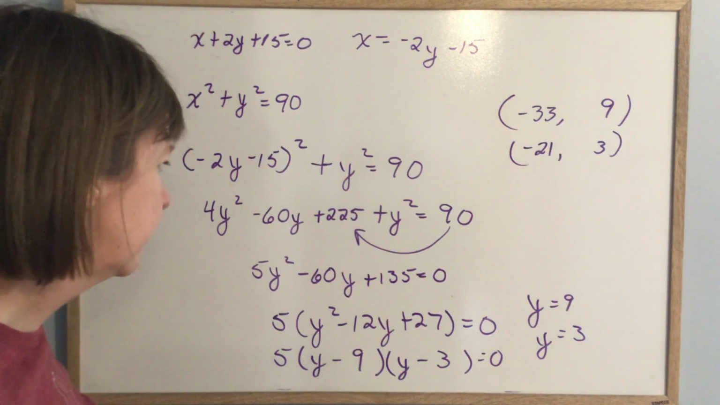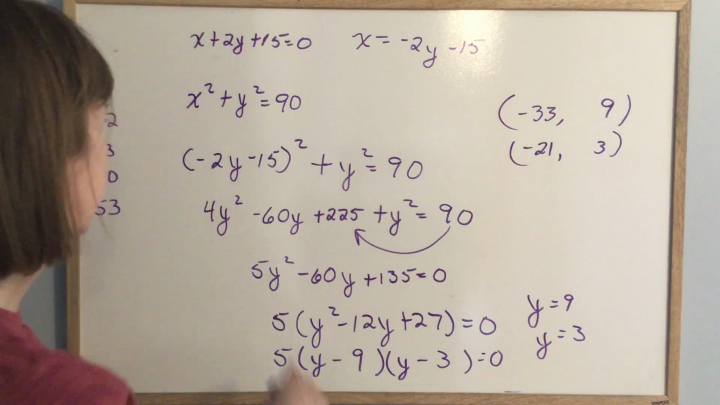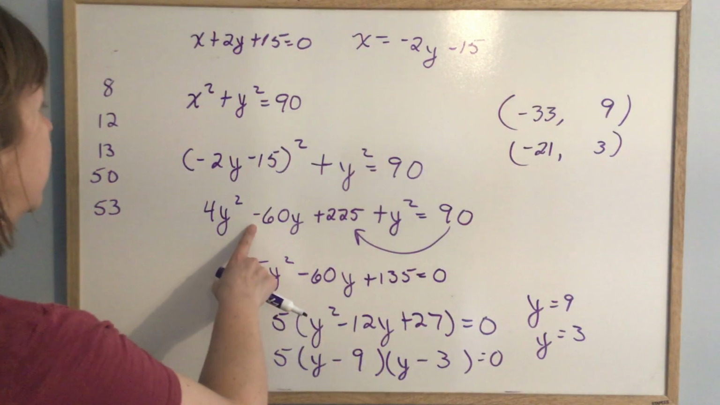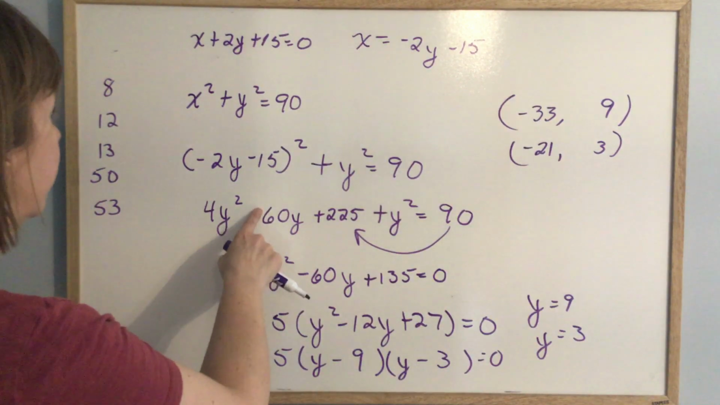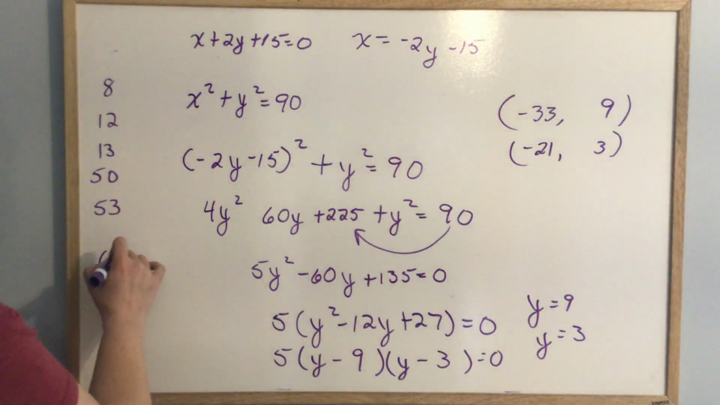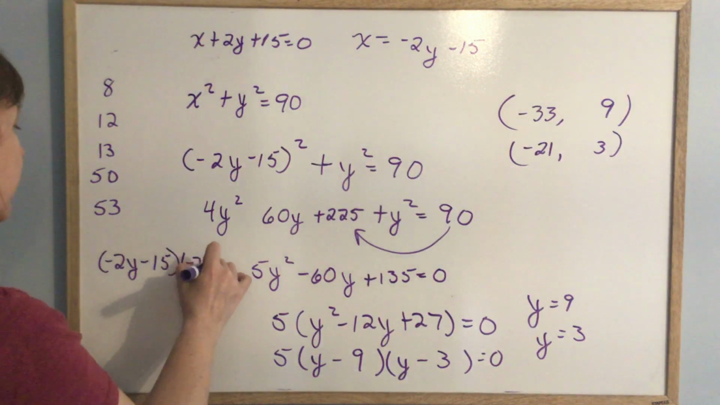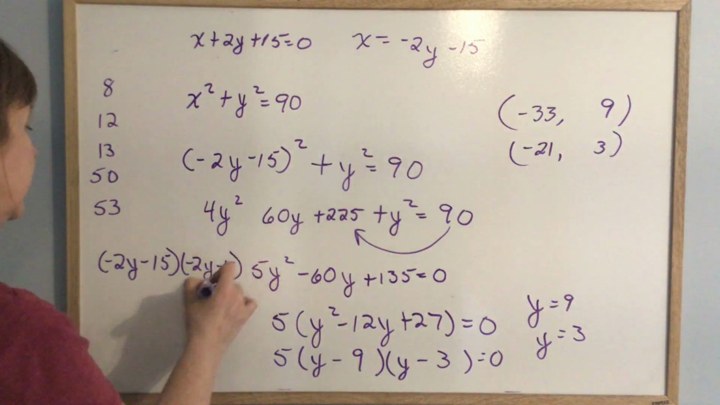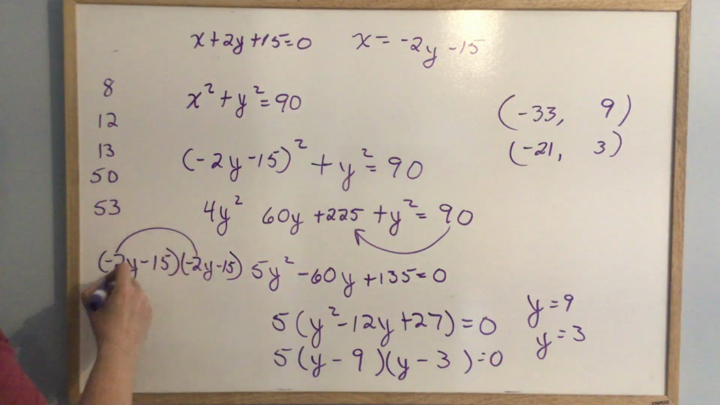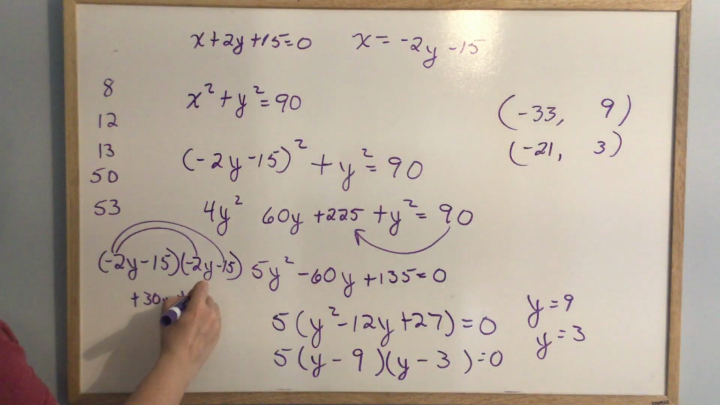But I get 9 and 3. Why am I getting 9 and 3? And not, see there, this should be, oh wait, yes, okay, this is because I did not write out -2y minus 15 times -2y minus 15, so when I do this, this would be plus 30y, this would be plus